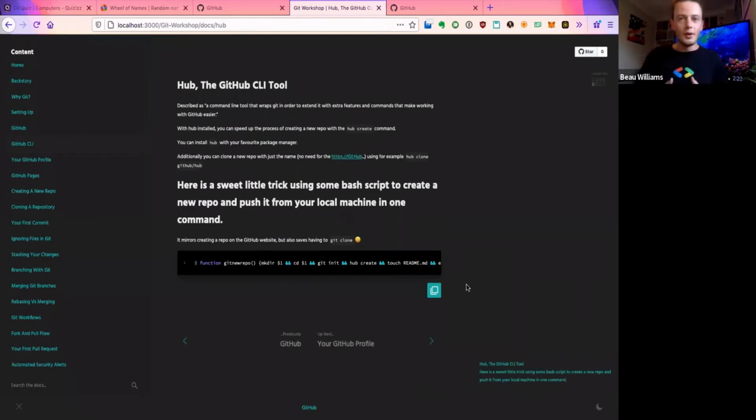There's also a tool as well. Well, there's actually two, technically. There's the GH tool and the Hub tool. I'm actually kind of confused as to why they both exist, because they're both produced by GitHub, and they both overlap each other in terms of functionality. I was using Hub way before I think the GH tool came out. For my purposes, Hub is very useful. There's just no need to use the GH tool, but it's cool as well, and you can check that out. Now, one of the cool things that Hub can do is that when we want to create a new project on GitHub, we'll actually go through it now.